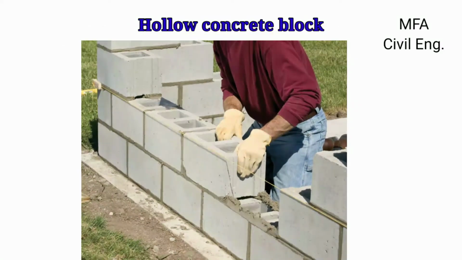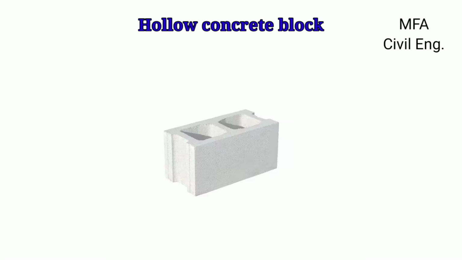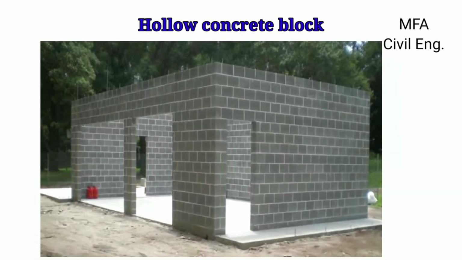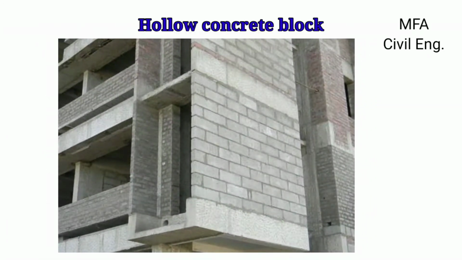This block requires less cement mortar for a joint and requires little or even no plastering, and hence it speeds up the construction process. High dimensional accuracy and the consistent finish make it an ideal building material for both load bearing structures and frame structures. These hollow concrete blocks have a good stress bearing capacity, so are widely used in building construction practice.